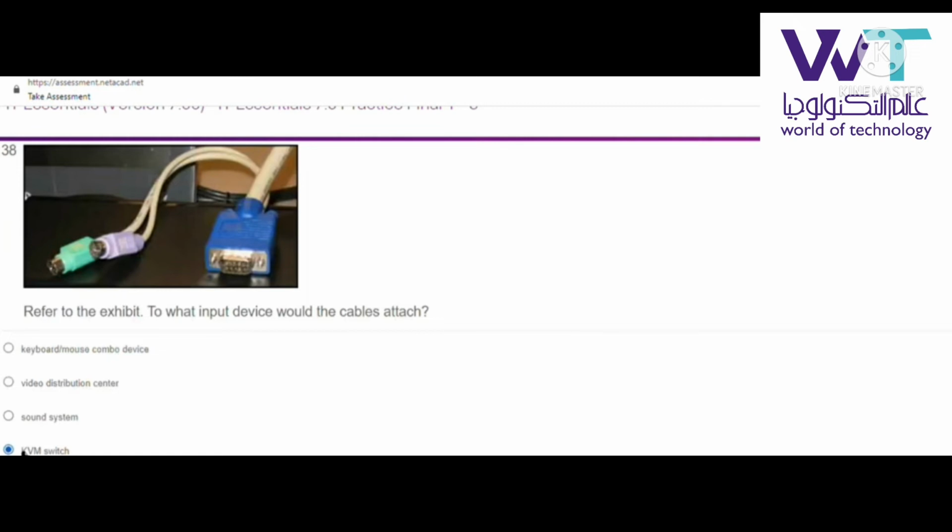مديني صورة وبيقول refer to the exhibit, what input device is shown with the cables attached? هتبقى KVM switch. السؤال اللي بعده